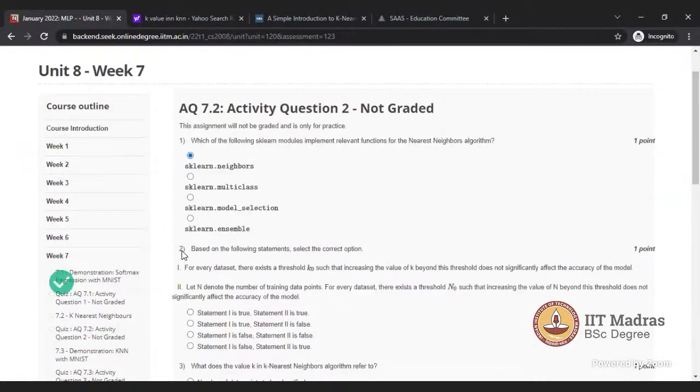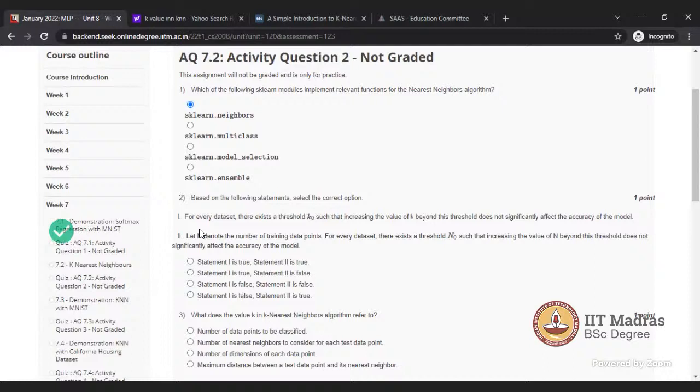The second question says, for every data set, there exists a threshold k naught such that increasing the value of k beyond this threshold does not significantly affect the accuracy of the model. The second statement says, let n denote the number of training data points; there exists a threshold n naught such that increasing n beyond this threshold does not significantly affect the accuracy.